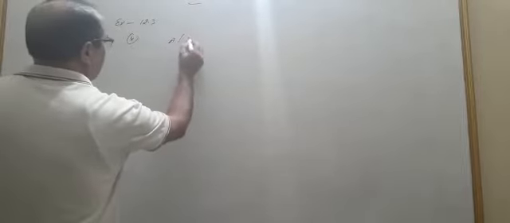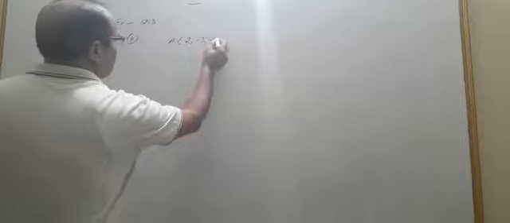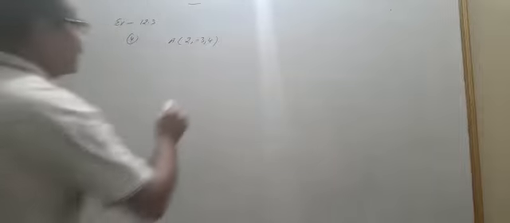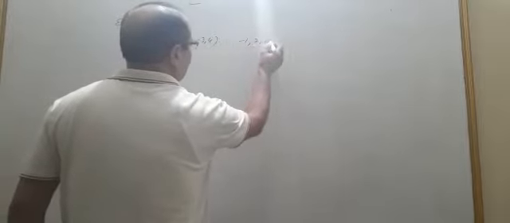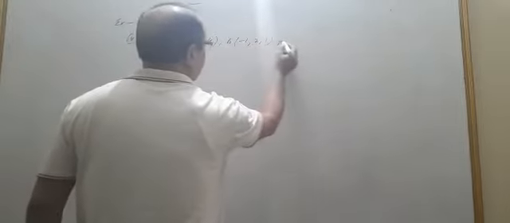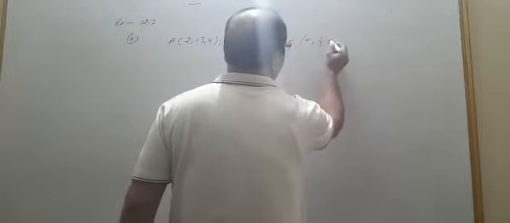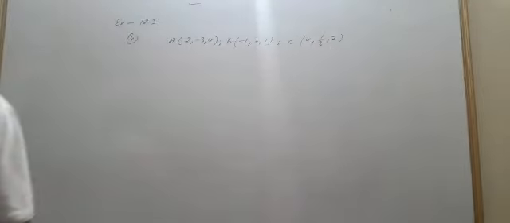The points A is (2, -3, 4). By using the section formula, show that the points A (2, -3, 4), B (-1, 2, 1), and the third point C (0, 1/3, 2) are collinear.